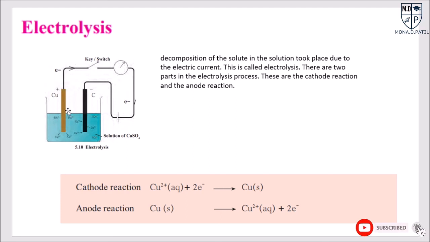And on both the rods the reaction takes place. So let me see first about the cathode reaction. Cathode reaction on copper, as a metal it gains the electrons and so we obtain copper atoms in solid state. And anode reaction, copper solid is deposited, as the copper ion gains the electrons, it will deposit on this rod, carbon rod.